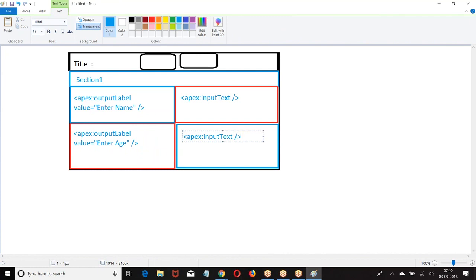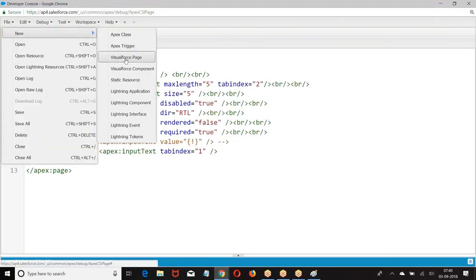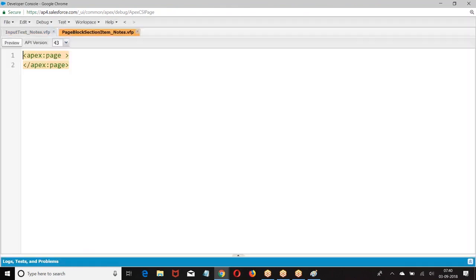Now, if I give it this way, how is the output going to come? Let us see. We have a page.